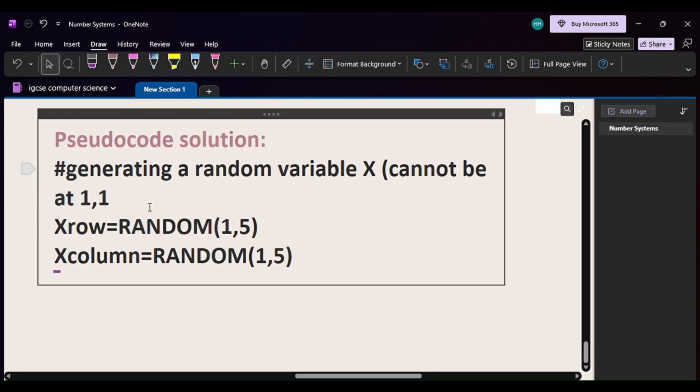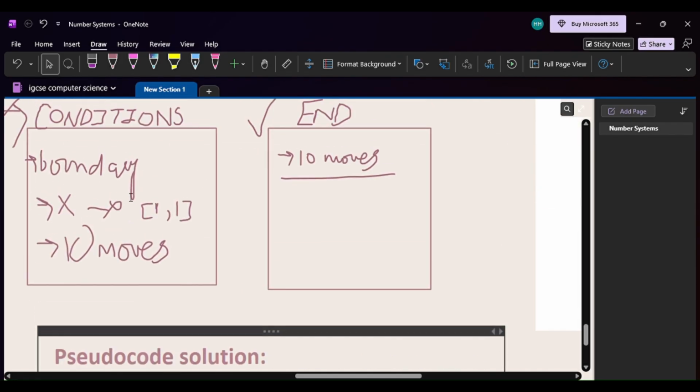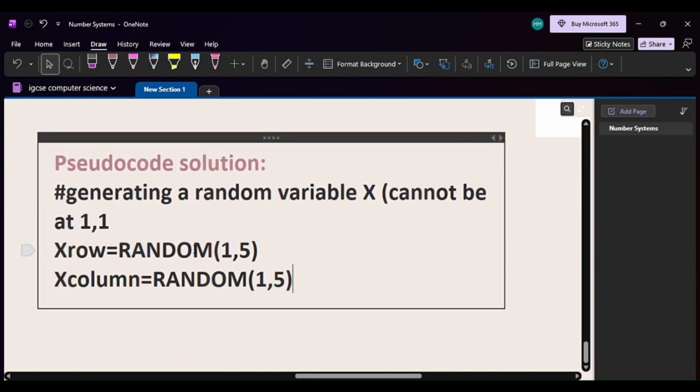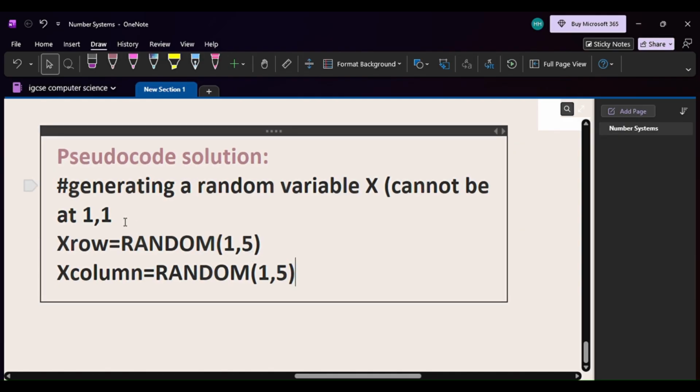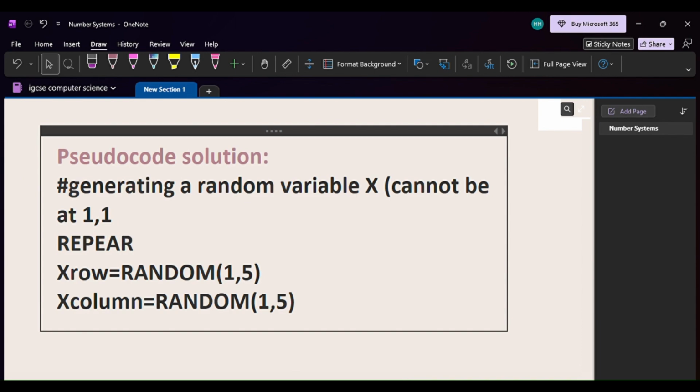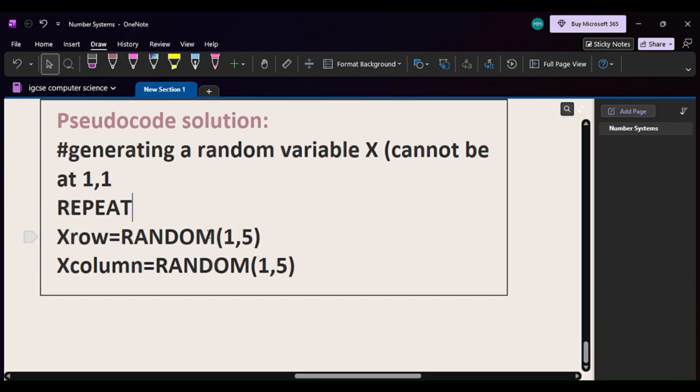Now, as I told you, you have to keep the box in mind, and I told you X cannot be 1, 1. So how are we going to prevent the random variable from generating 1, 1? I don't want it to generate the position 1, 1. So I'm going to apply a loop here, so you have to repeat this action until